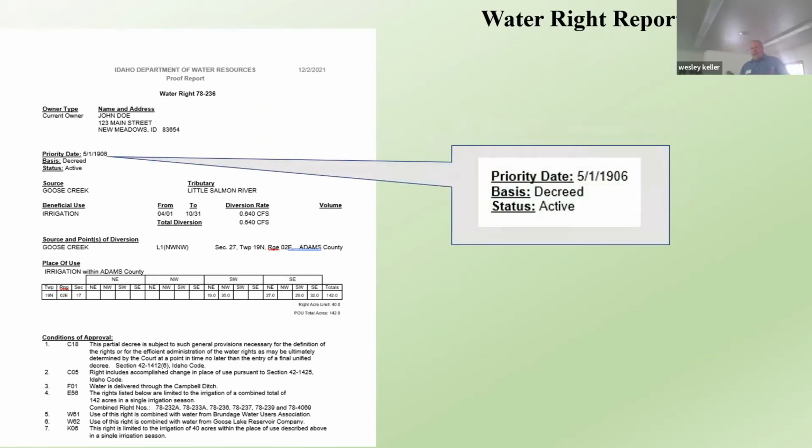So one of the large components of a water right is its priority date. The water right doctrine in Idaho is first in time, first in right. So the older the water right, the more senior it is, the more priority it has over other water rights that come after it. In times of water shortages, essentially what happens is all those water rights in an area